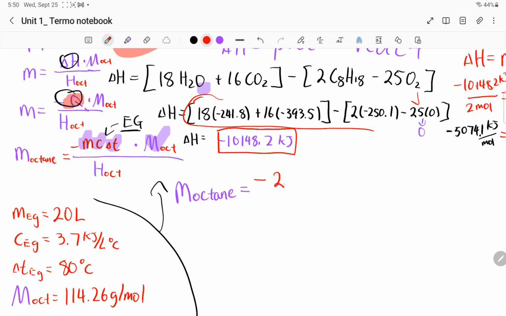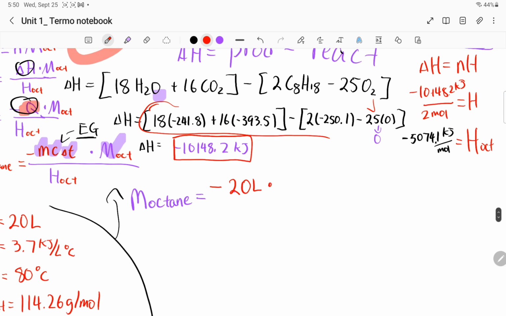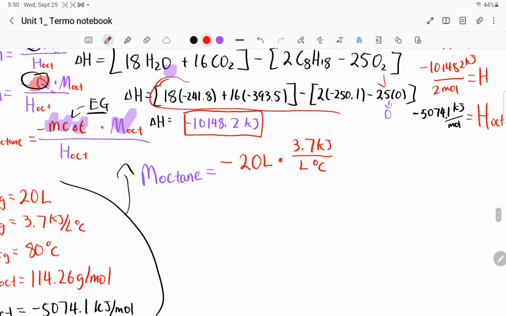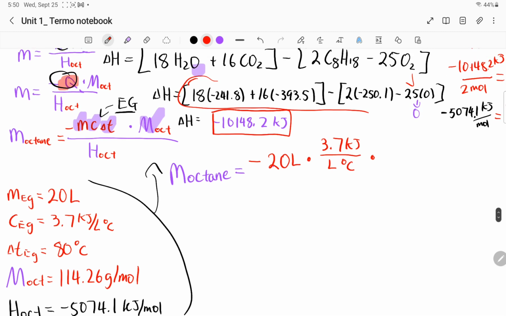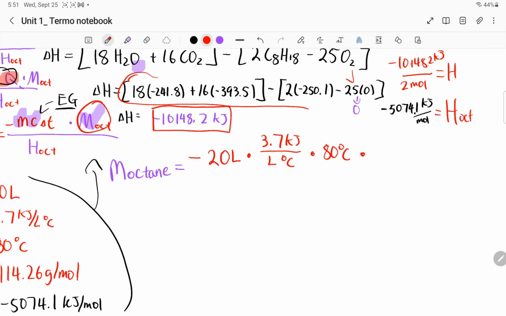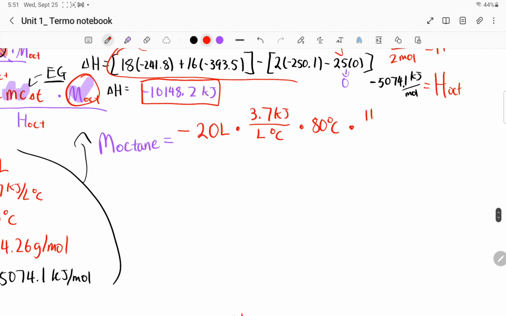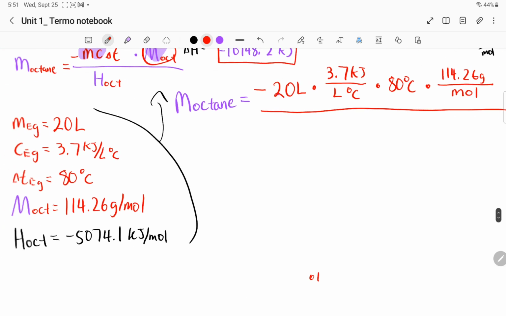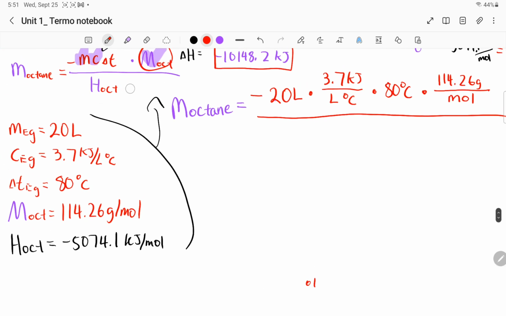We have 20 liters, times the C of the ethylene glycol, which was 3.7 kilojoule per liter Celsius, times your delta T, which is 80 degrees Celsius, times your molar mass of octane, which was 114.26 grams per mole,